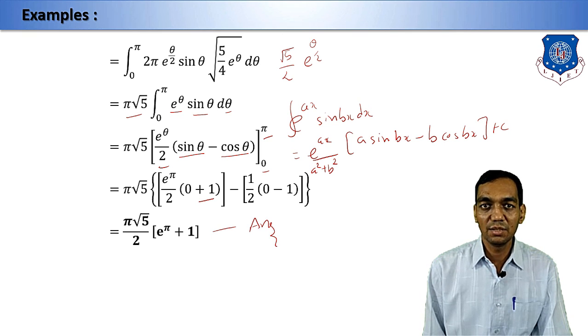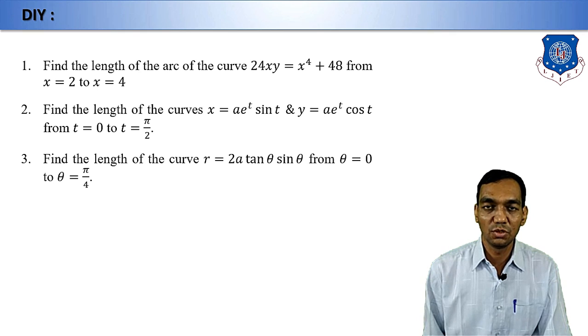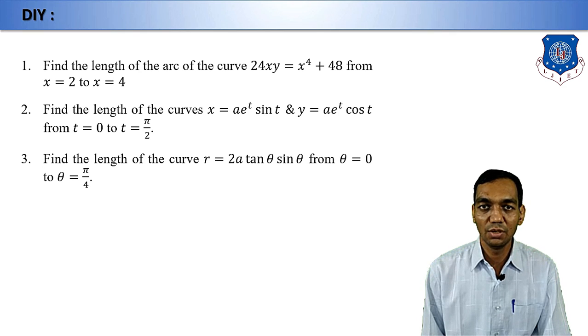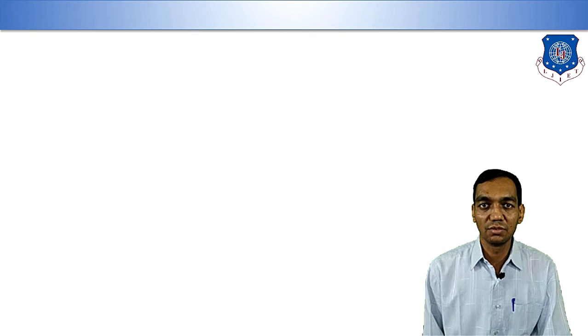So this is the method to find the surface area of a solid of revolution. Now these are some examples which you have to do yourself. These are the examples of arc length, and so if you have any doubts or any queries regarding this topic,